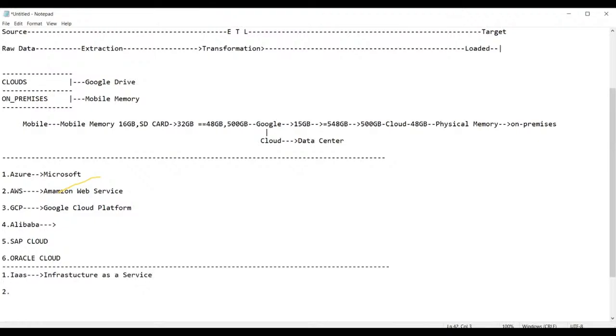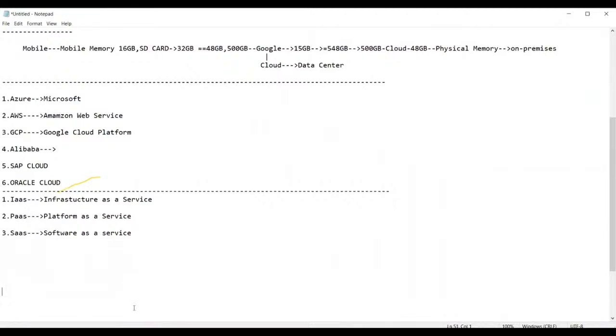Then you have PaaS, which stands for Platform as a Service. The third one is SaaS, which stands for Software as a Service. These are the three categories of services provided by the cloud providers.